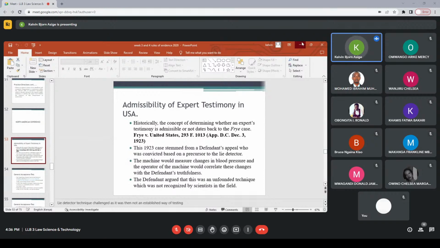Is there any subsidiary legislation or any case law that you can add to this when we're coming to Kenya's position as far as expert testimony is concerned? We've been given section 48 and 49 of the Evidence Act. Is there any subsidiary legislation you'd like to add to the mix, or any case law that has tried to discuss or interpret the role of an expert witness or expert testimony or expert evidence? Fatima?